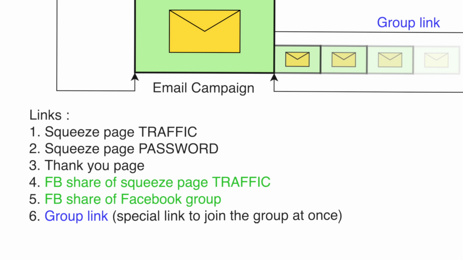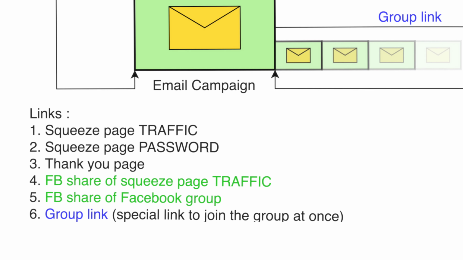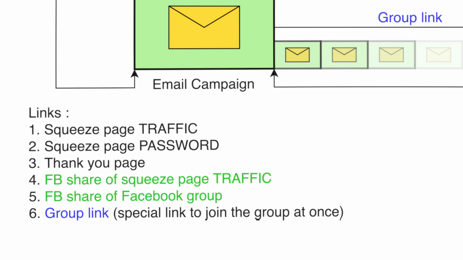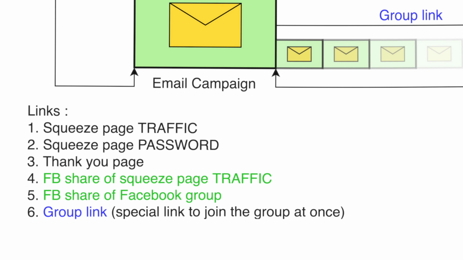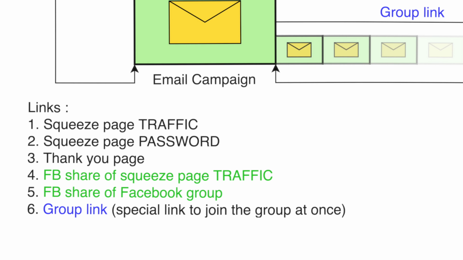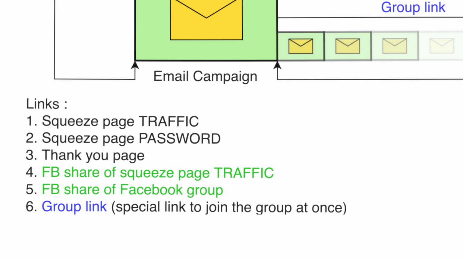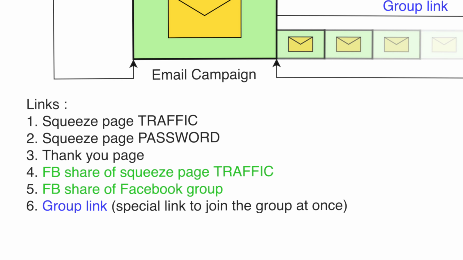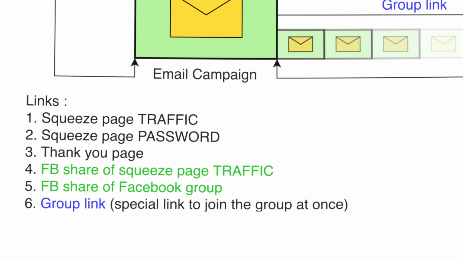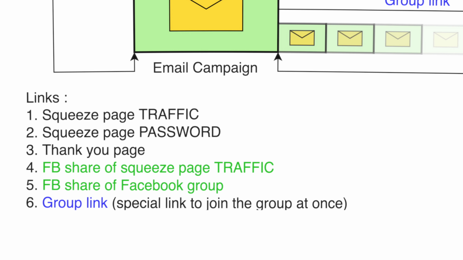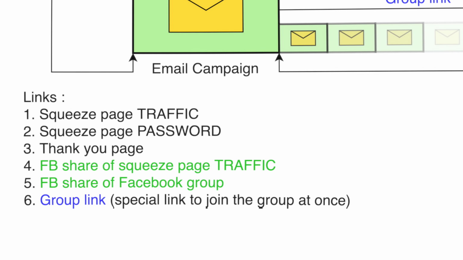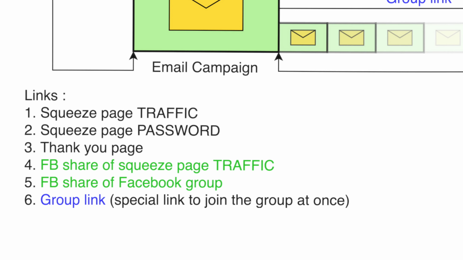It's just a special link that when people click on it, if they are not members of the group, they are shown a box saying join the group or quit the page. But if they are already members of the group, it will show them the group homepage. So it's like the usual group link, but it's a special one because those who are not members are prompted to just join the group immediately. It's not up to them, whereas by sending them to the group homepage, they will have to join themselves and maybe look at the content and decide not to do it.